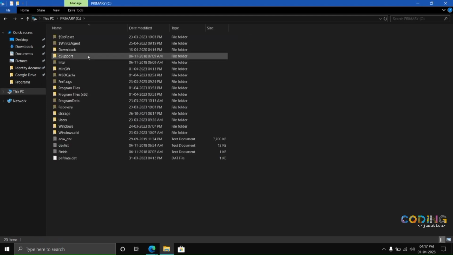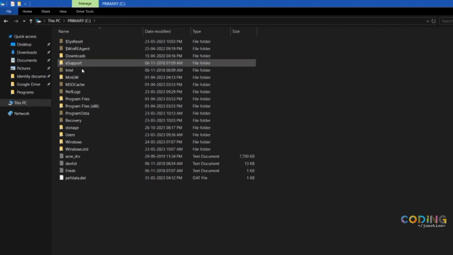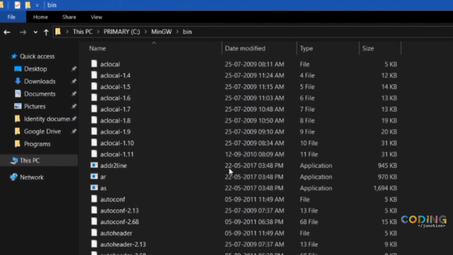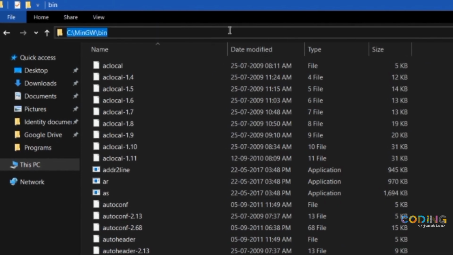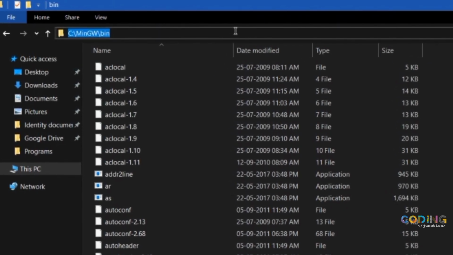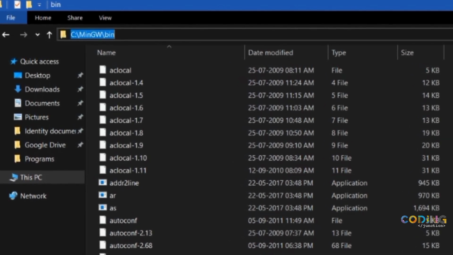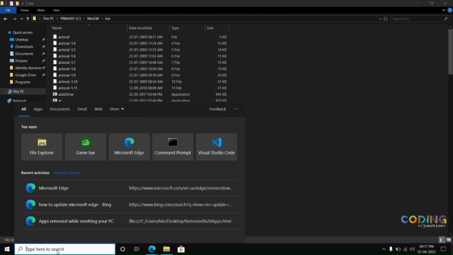So to set up its path, we'll go to primary C, then our MinGW, then our bin. So we have all these binary files here. Now we'll click here and copy the path C:\MinGW\bin. Now after this we will search here